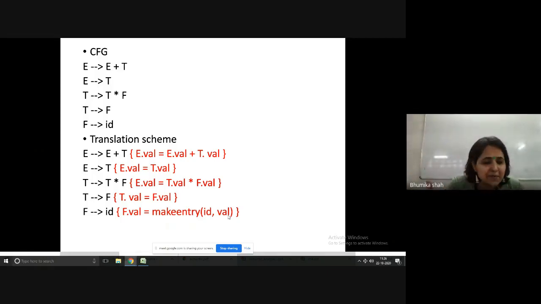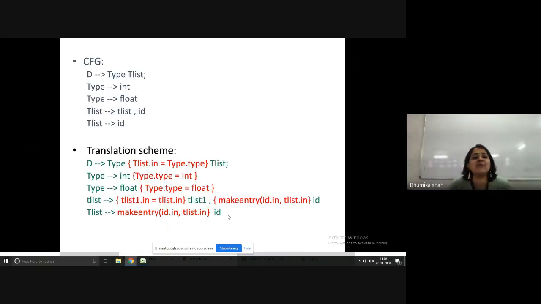Now as it is S attributed grammar, we need not think anything. Only write the original production, at the end in curly brackets write down the semantic rule, and repeat. That's it. So this is asked for 7 marks. Imagine this is asked for 7 marks. You have to just write down these 5 lines and you will get 7 marks, okay, without any explanation. Let us take one more example.